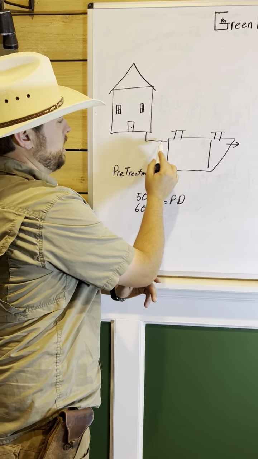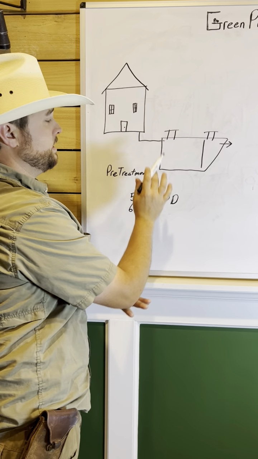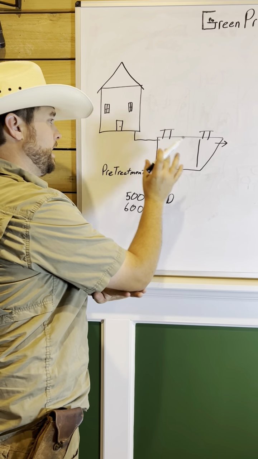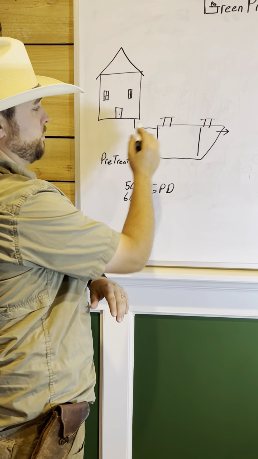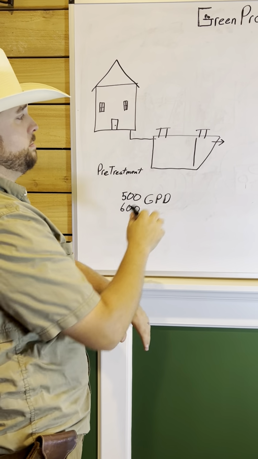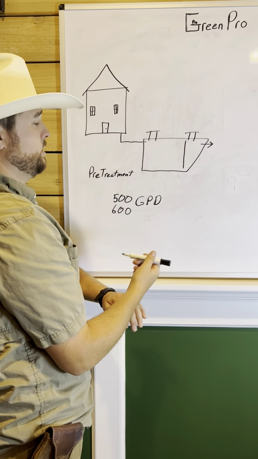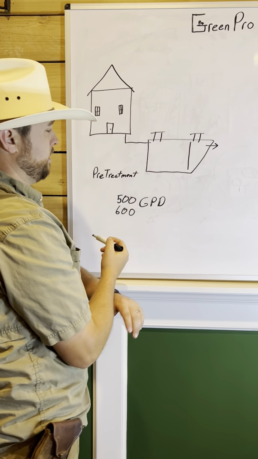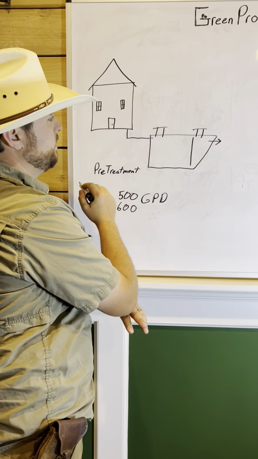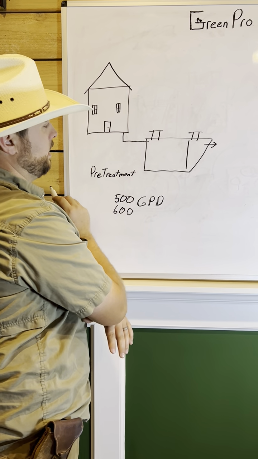The influent is going to come into the tank. Now this is a single stage system here. There are pre-treatment tanks available that would go before this tank, but that's only when you're going to be loading this system with heavy solids, where you're going to have buildup of paper and grease, and you're going to want that extra treatment. Here, for the sake of this system, we're going to come in directly into the